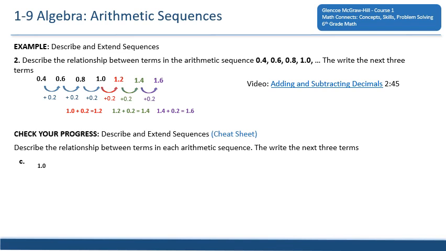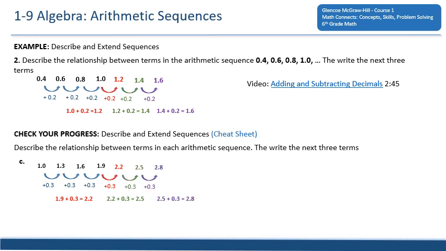So check your progress. We have 1.0, 1.3, 1.6, 1.9. 1.0 to 1.3 is 0.3, plus 0.3, plus 0.3. So then we have 1.9 plus 0.3 is 2.2, plus 0.3 is 2.5, plus 0.3 is 2.8. And for D, we have 2.5,